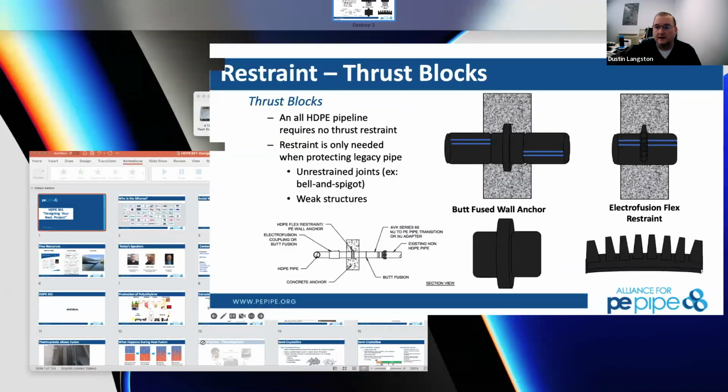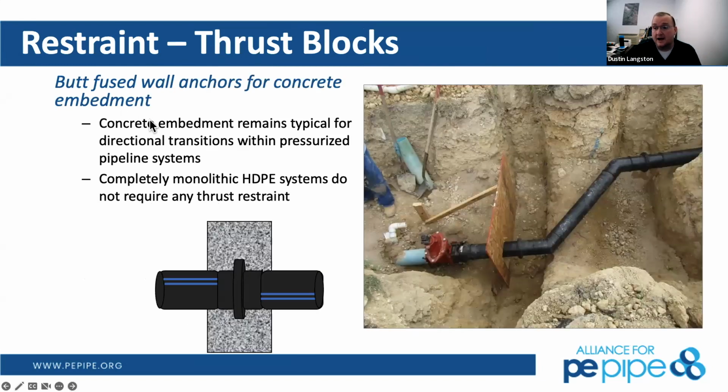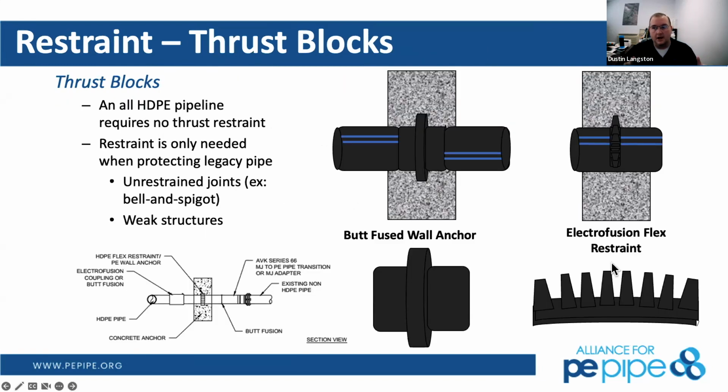And you can see there the fused-in wall anchors, or you can use these electrofusion restraint collars. If you were to pour concrete thrust block straight onto a smooth polyethylene pipe, there's no grip there. There's nothing for the concrete to hold on to, and so the HDPE pipe can actually move within the thrust block. So either casting a wall anchor or several electrofusion restraint collars into that thrust block will hold that polyethylene pipe still. I personally love the electrofusion restraint collars just because you don't have to worry so much about placement